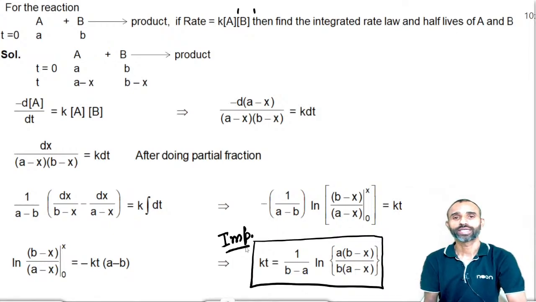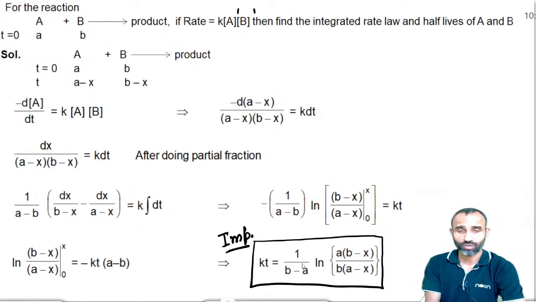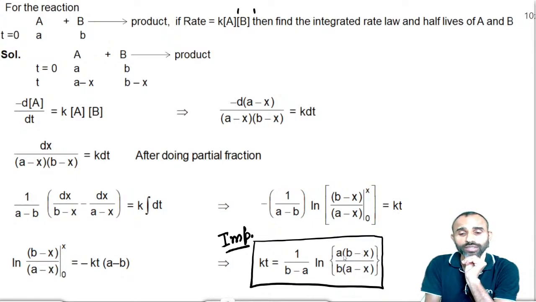Both the reactants are not the same. Difference is Kt equal to 1 upon B minus A into